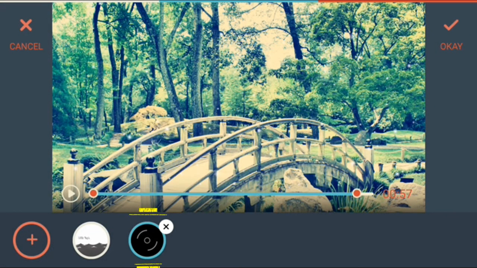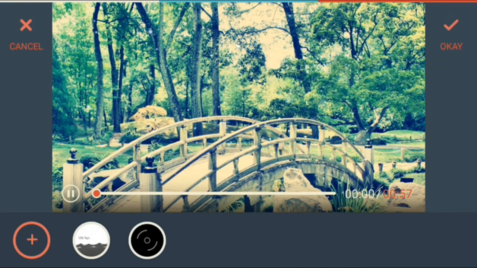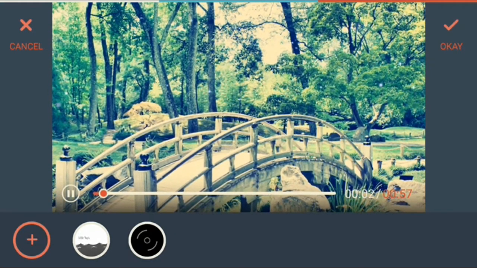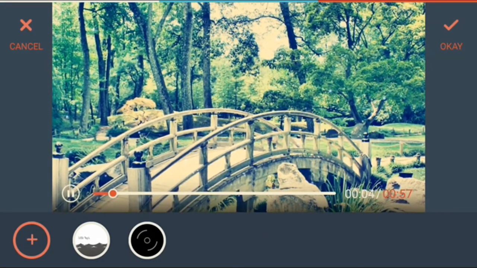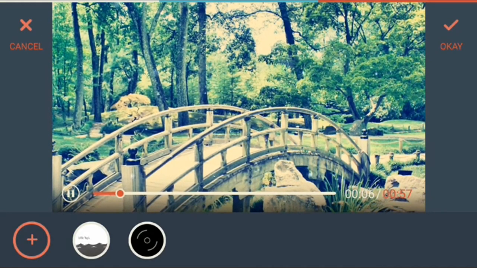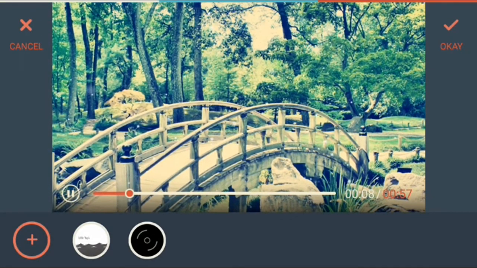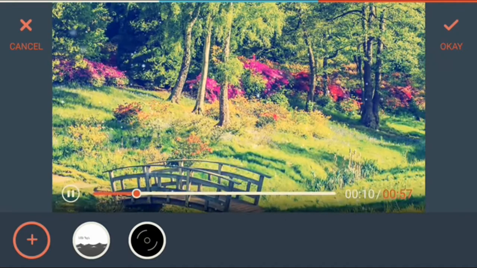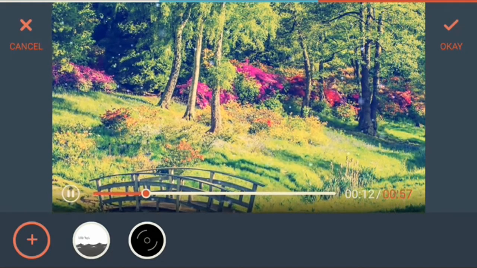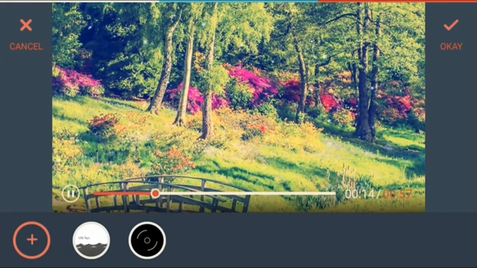Now this bird creeping file is added to this photo clip, and when you say play, this will be played in the background of this photo clip. Since I am using the same mobile, you may not hear this background music in this video.